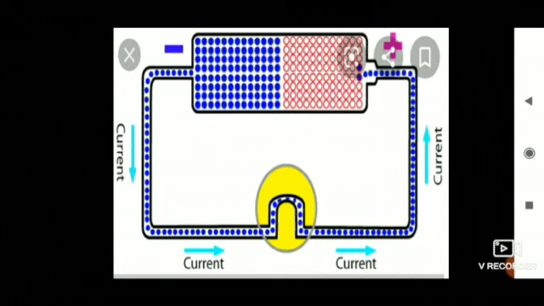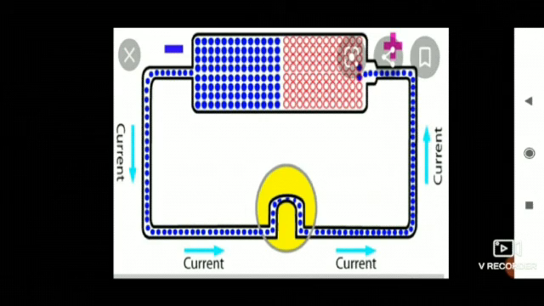Now electric current. As you can see, this is a representation of an electric circuit. An electric current is a flow of electric charge. In an electric circuit, this charge, meaning electric charge, is often carried by moving electrons in a wire. See, a battery is attached, and through that battery, whatever potential difference is available, accordingly the movement of electrons is produced or is carried into the wire.